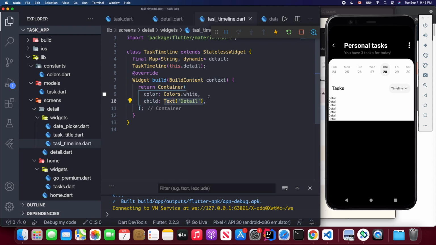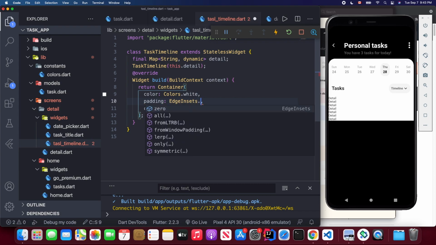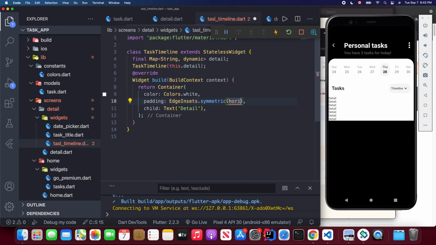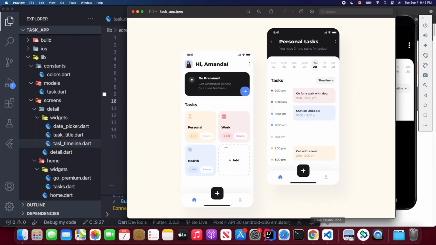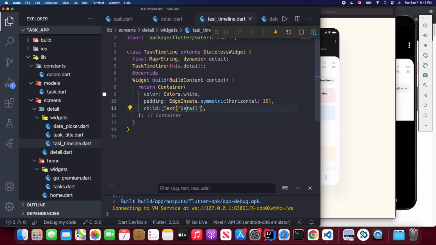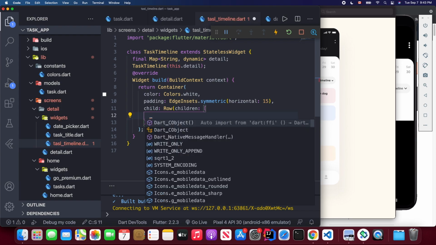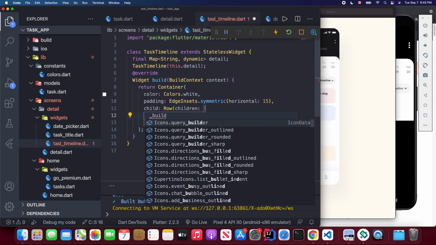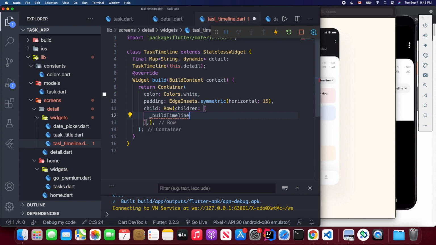So going to make some padding using EdgeInsets.symmetric for horizontal, set to 15. Let's save, and then let's see. So we're going to use a Row widget, and we have its children attribute. So we're going to write our method which is called buildTimeline. Alright, so I'm going to implement this method. It will return a widget,